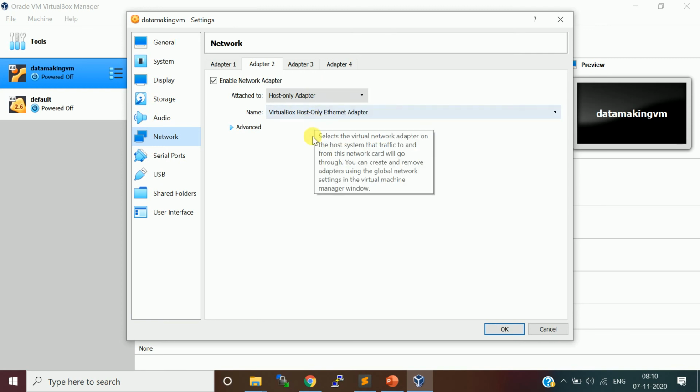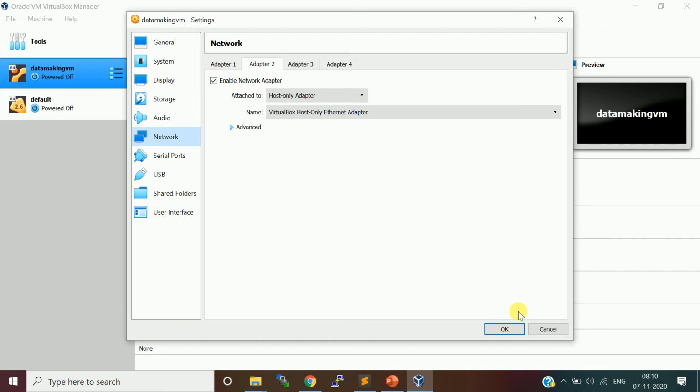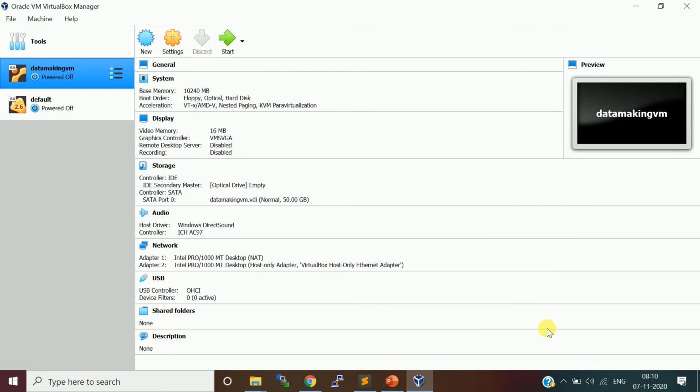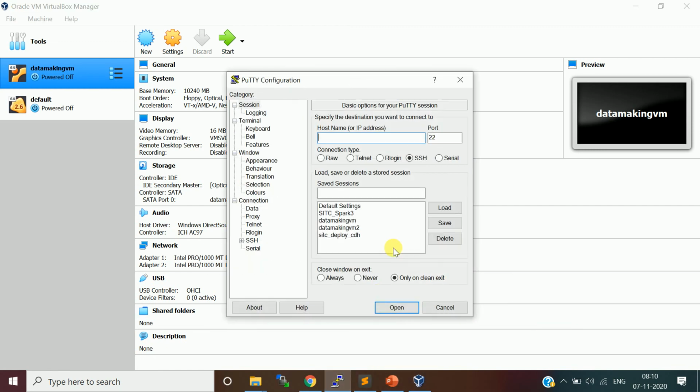If you choose this, it will create an IP range like 192.168 and so on, so that you can connect via PuTTY. I already configured it, and my IP address range is coming as 192.168.25.3.